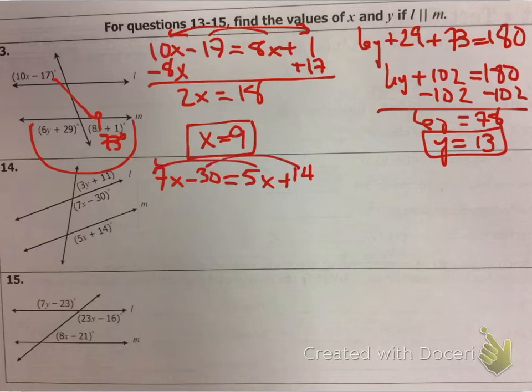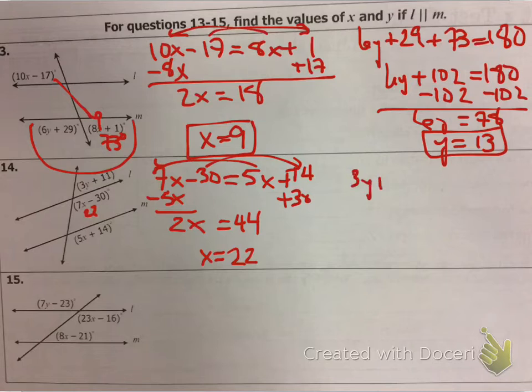Move the x over, move the number over. So minus 5x, which is going to be 2x, plus 30, which is 44. So x is equal to 22. Okay, if you put the 22 in here, you'll have 3y plus 11. Let's see here. So doing this in my head, I would get 154. 7 times 22 should be 154. And then minus 30 should be 124. Okay, so that should be 124